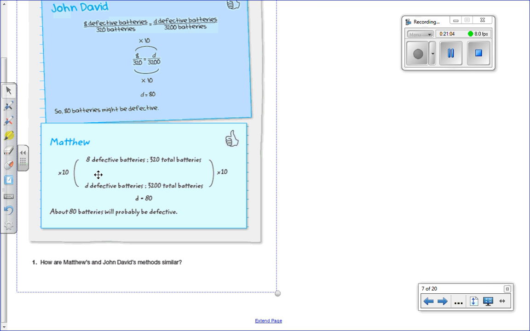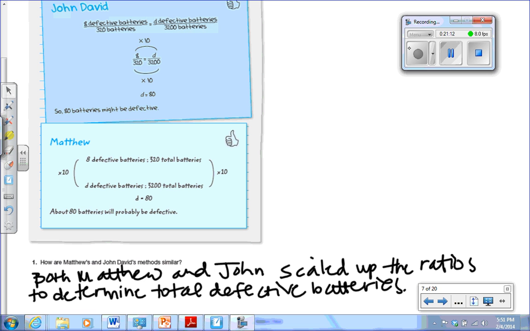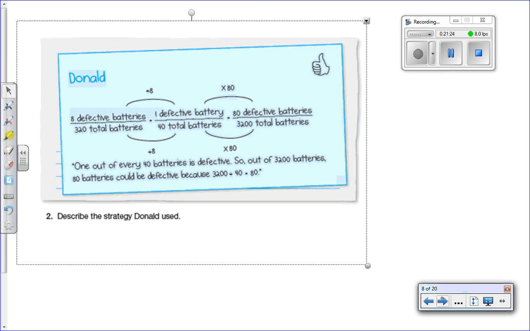So how are Matthew's and John David's methods similar? I want you to think about it, jot something down, and then come back and check yourself. So hopefully you came up with that both Matthew and John used the scaling up method, and they scaled up by 10 to figure out the total number of defective batteries altogether. So then we have Donald,